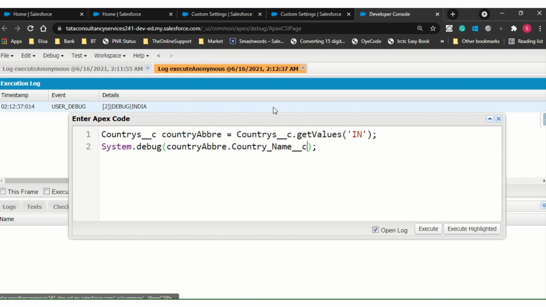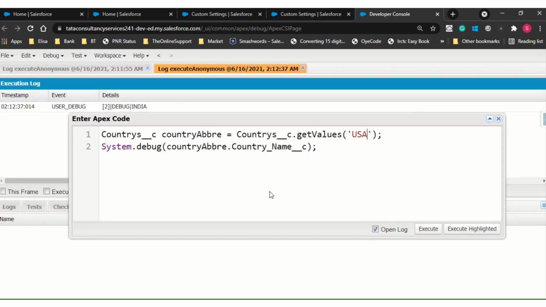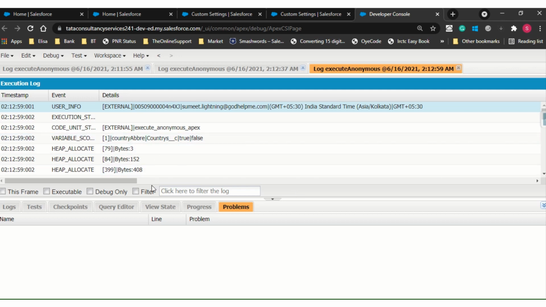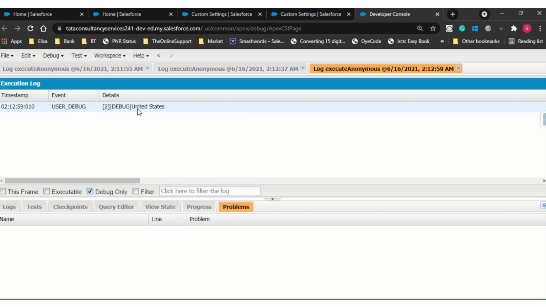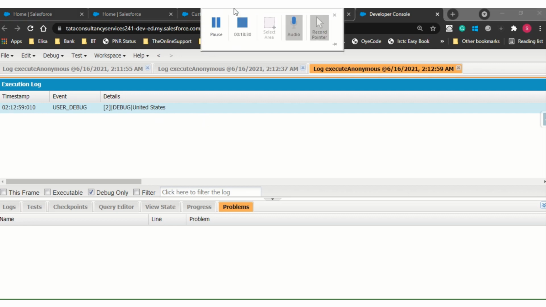Hope it will be clear to you all. USA, no, we don't have USA, we have a US field. And debug only United States. So this is how it is working.